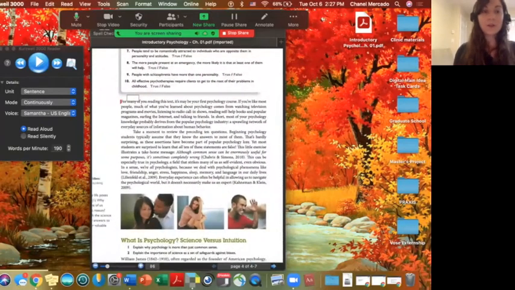Okay, so to start reading, I'll go ahead and hit the play button that's right here in the middle. For many of you reading this text, it's maybe your first psychology course. So you'll notice as it was reading, it had this whole sentence highlighted in yellow, and then it highlighted each individual word as it was being read in green. You can change these options if you want to in your preferences, but that's what the default is set to.